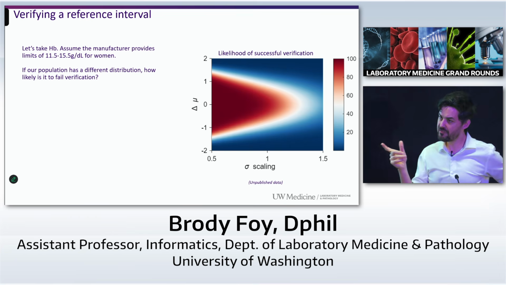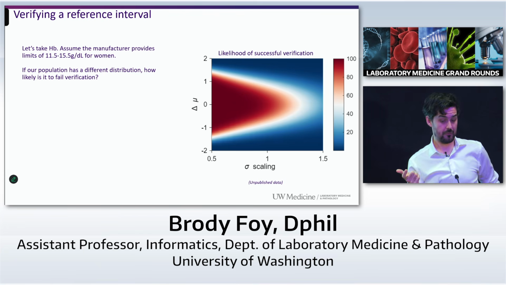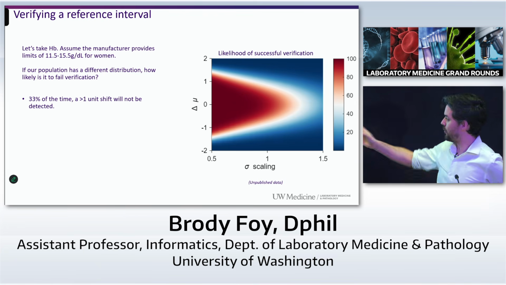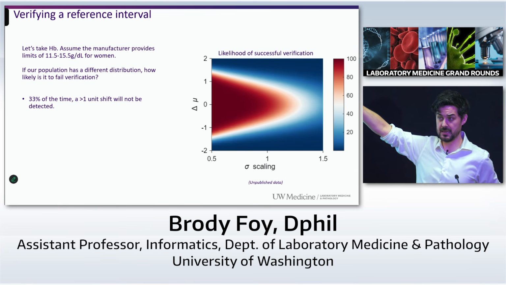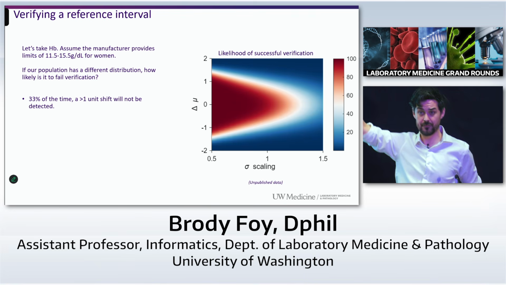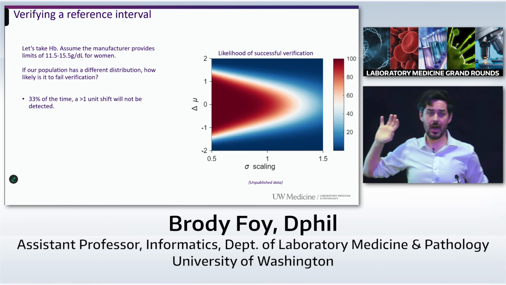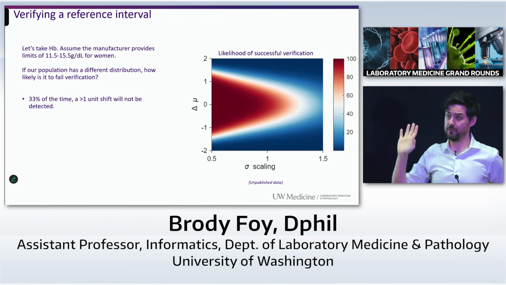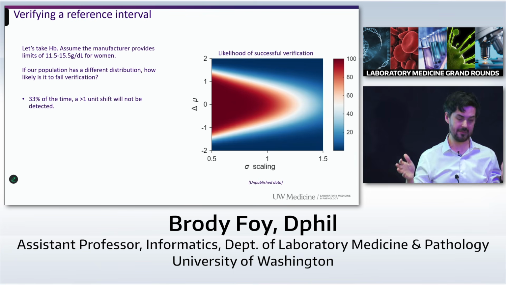So if we have that reference range, how much can our population vary from that and still pass verification? Well, this is a graph where the y-axis is how much our mean can differ. So let's say our mean is 1 unit higher, so instead of 13.5, it's 14.5, or 1 unit lower. And the x-axis is how much our variance will differ, so 50% smaller or 50% larger, so a more or less homogeneous